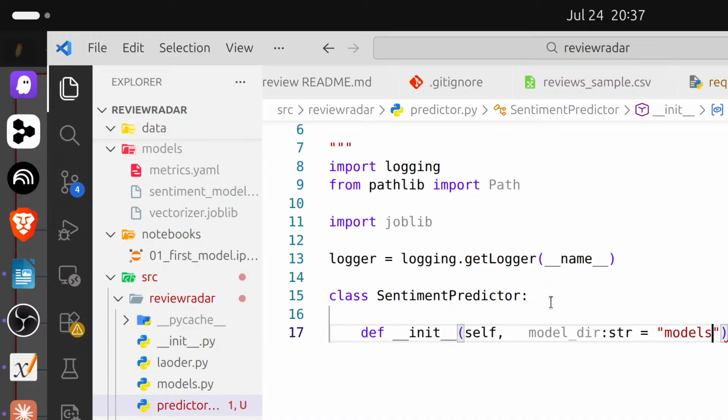We are setting this as default. Okay, if nothing is passed, then it will consider it as models. Okay, so it's the constructor. It will run once only when the predictor is created. Okay,